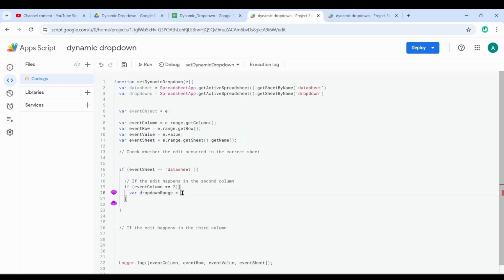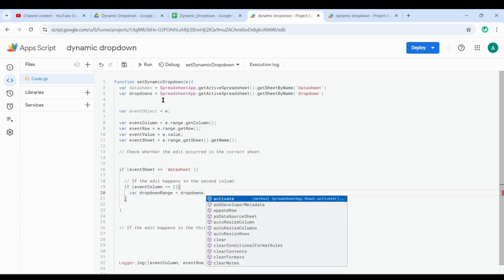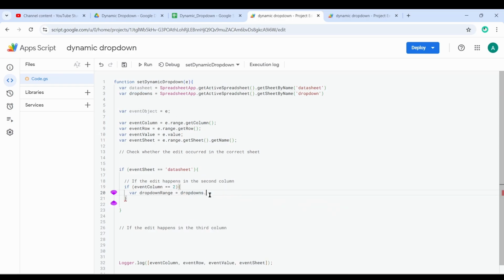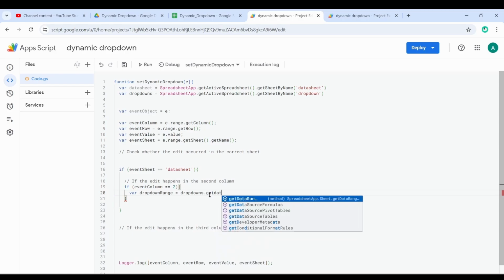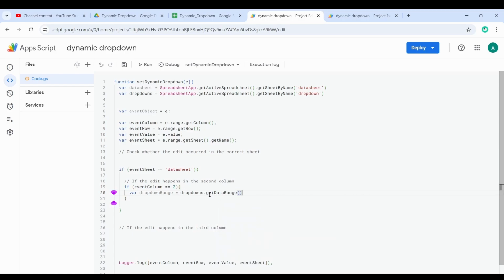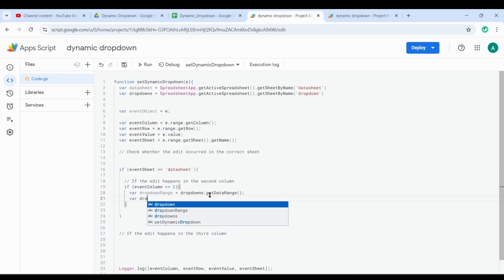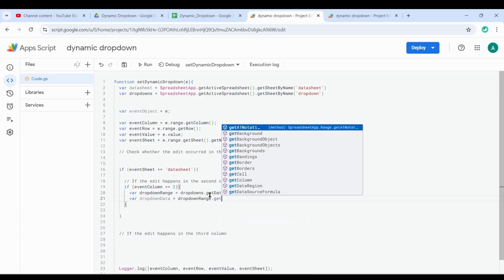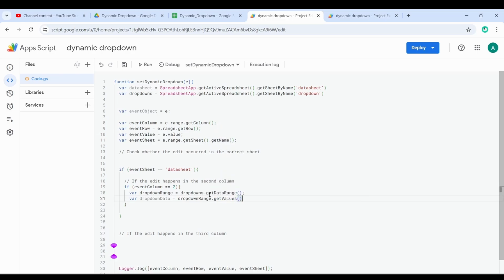So drop downs range, and what we're going to do is use the drop downs sheet that we stored here, and we're gonna use get data range, and we'll get the whole data, entire drop down data. So we'll use drop down range dot get values,